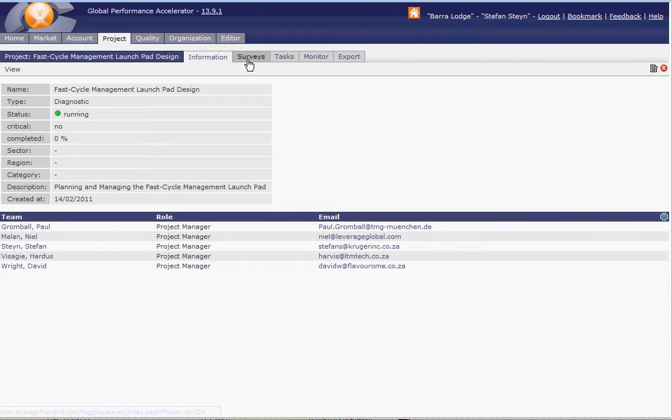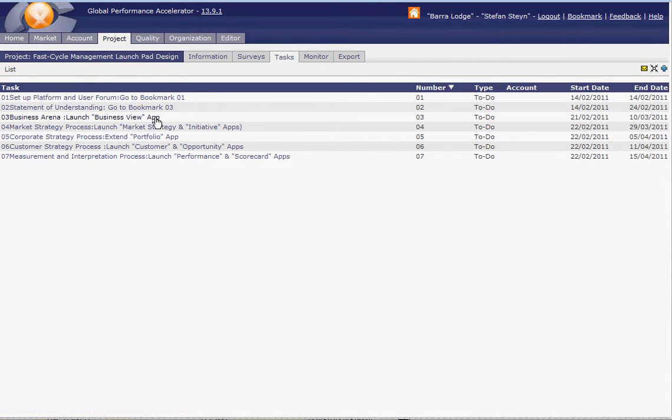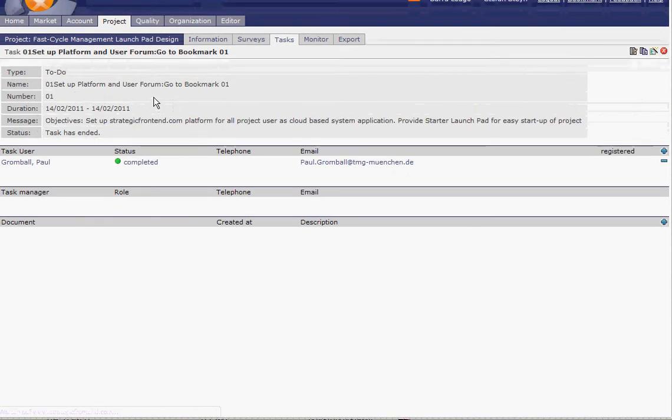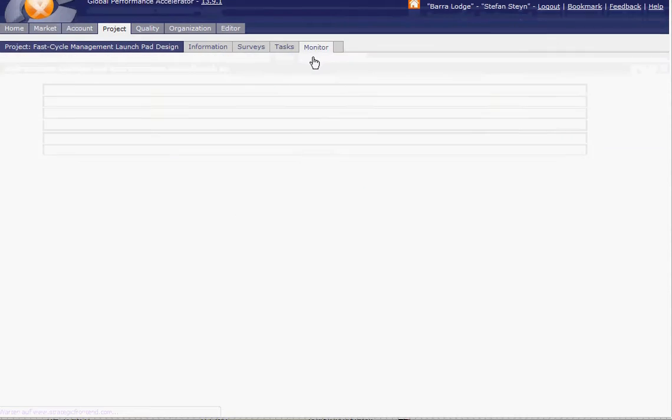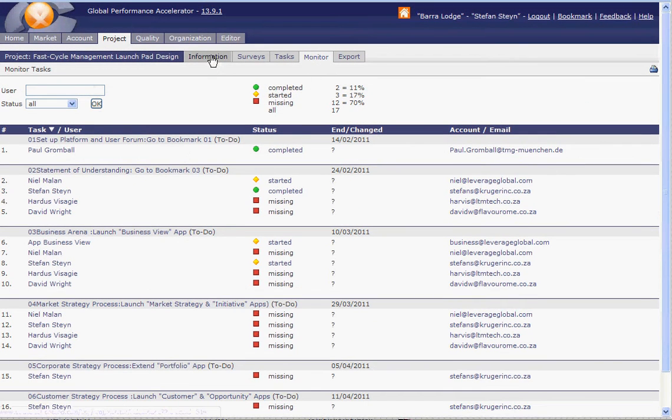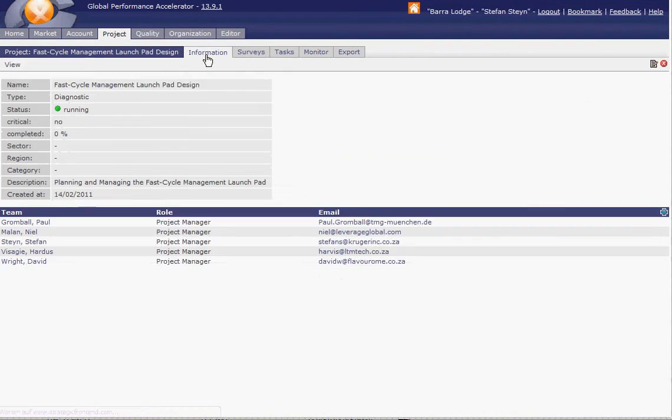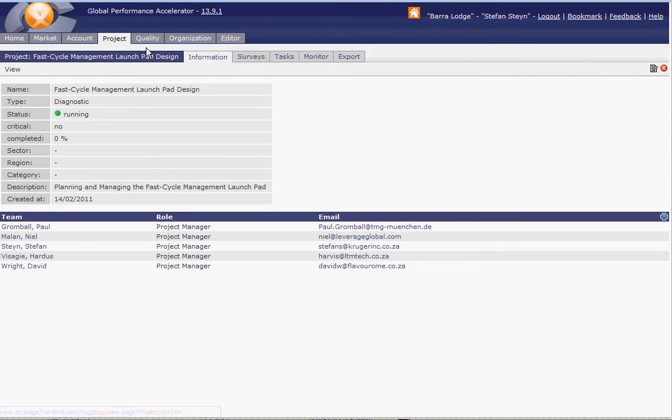You can create surveys, and also you can create tasks. You can edit the task, and also assign task users, task managers, and documents, and you can also monitor the whole project function. So the whole thing is a very basic one.